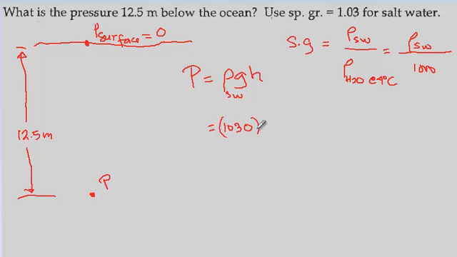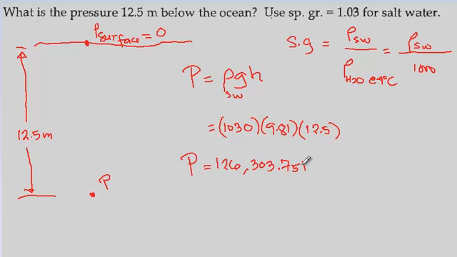Then multiply that by g, 9.81. Multiply that by h, h is 12.5. As long as you're confident that you are using standard SI units, the pressure will also be in standard SI pressure. In this case, the unit is Pascal. 1030 times 9.81 times 12.5 will be 126,303.75